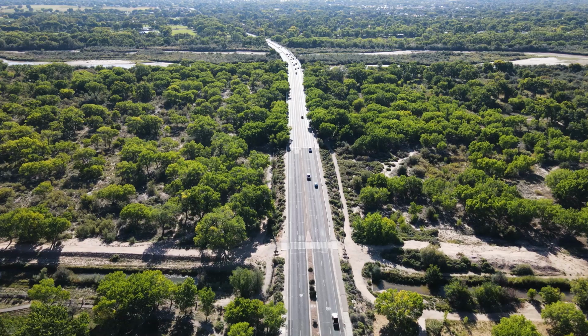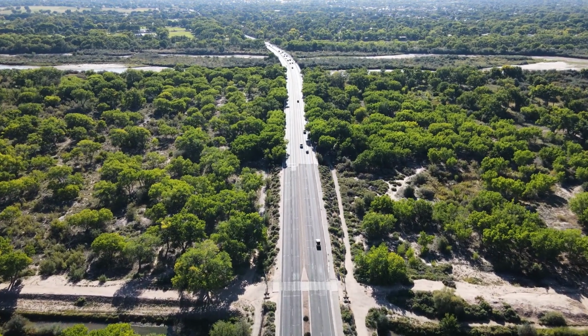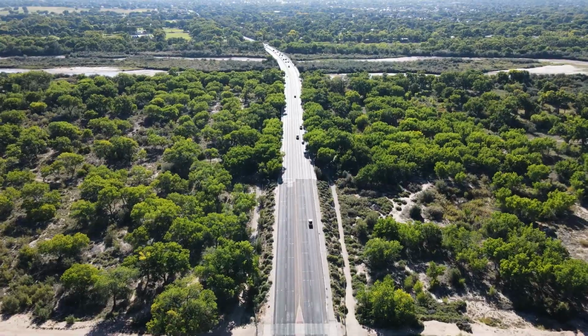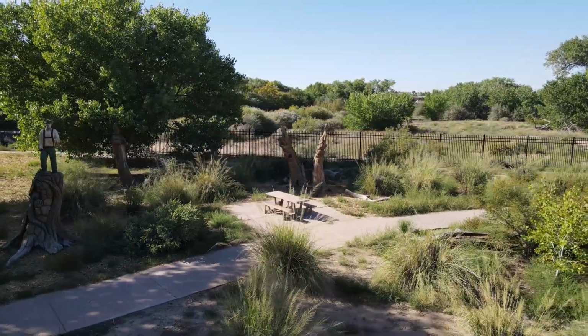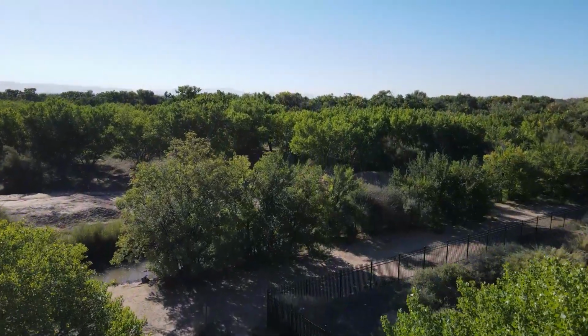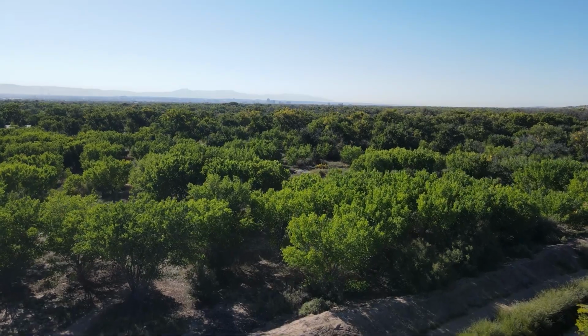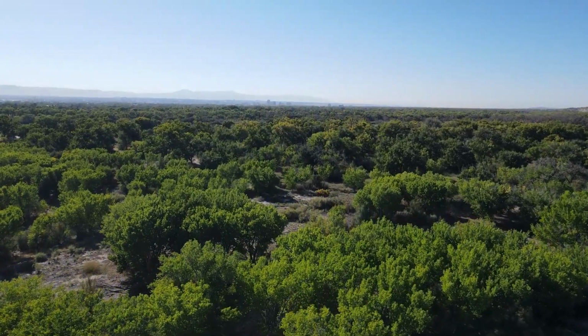It all started when Mr. Taylor came down, doing business with his dad, moving cattle and stuff like that. And he really liked the area. And he was looking to escape the cold winters of Chama. And they didn't move down here until he met his wife in the late 30s, I believe. They decided to escape the winters, come down here, take up all this land, bring their cattle from Chama, and